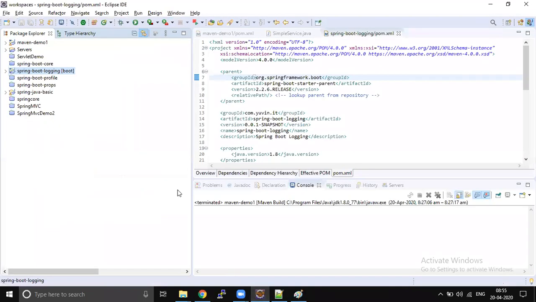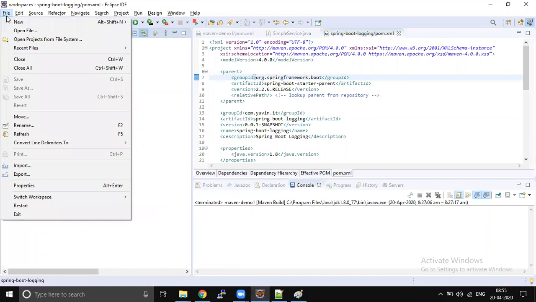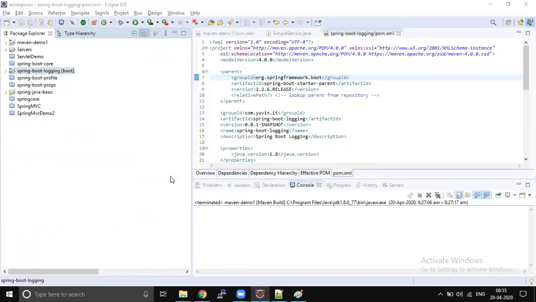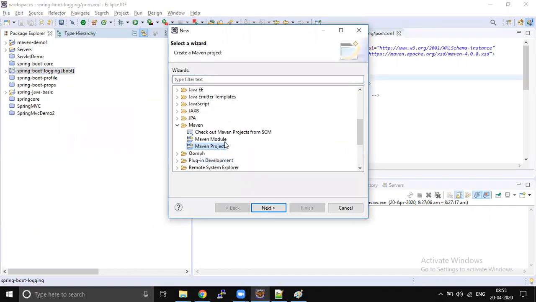So let's create one multi-module project. New, other, Maven. Instead of selecting project, for the very first time you have to select module. Click next.